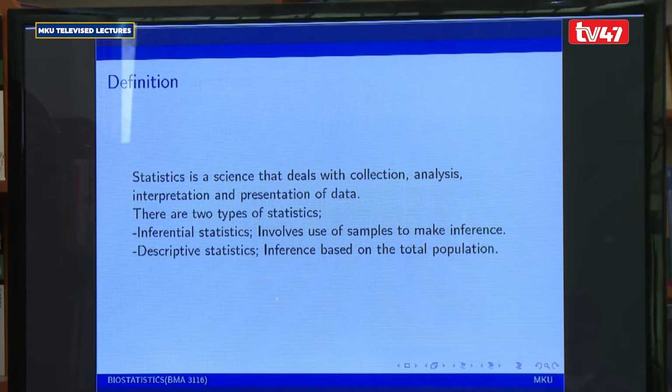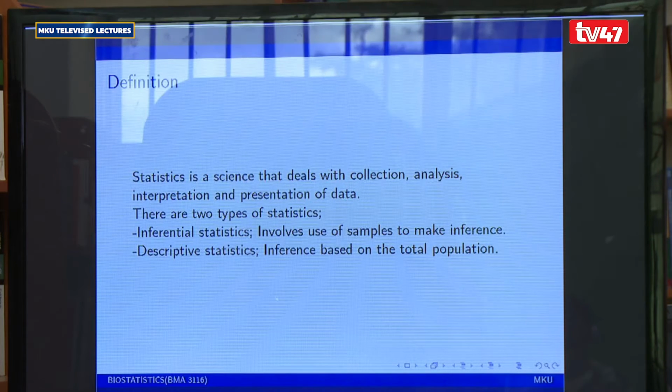Now let's first define statistics as a field of science that deals with collection, analysis, interpretation, and presentation of data. The four areas have to be covered collectively for you to have been involved in a statistical study. Collection of data, of course, involves going to the field, maybe involving activities like observation, interviews, and collection of samples. Then analysis. This is where we take common statistics like variance, mean, median, standard deviation, and other measures